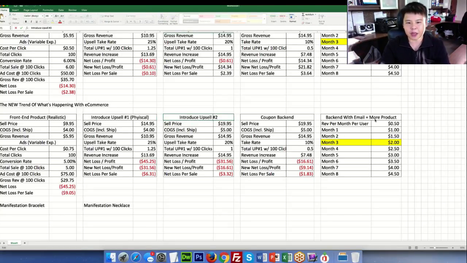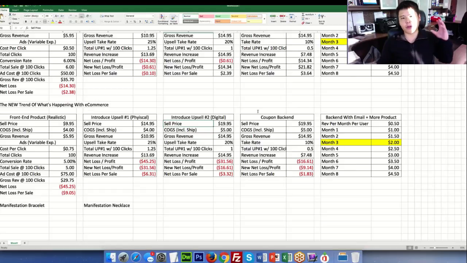However, here's what makes a big difference: you selling a digital product. Because right now, the e-commerce space and the digital space are having a marriage. I was just at ClickBank, and in one of the interviews I was talking about where I see e-commerce and physical products playing a big role. One of the things that's going to happen is that there's going to be a marriage between physical and digital. And imagine this: if your ad is all about a manifestation bracelet or a yoga bracelet or whatever, for you to sell a digital product to these people is going to be very easy.